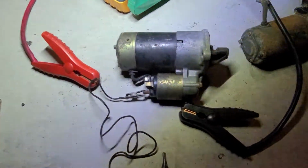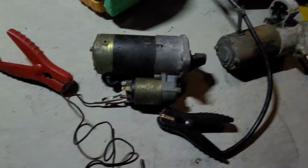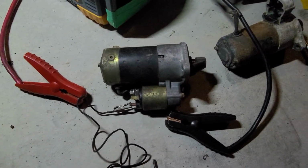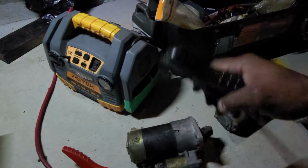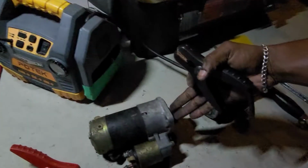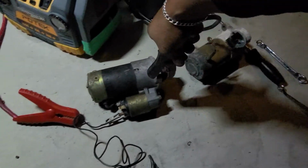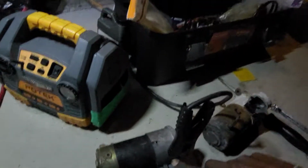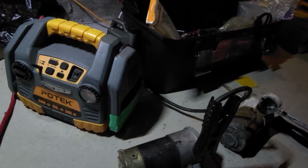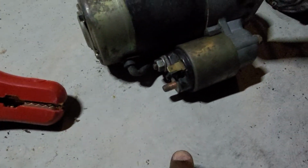But this is how I'm gonna test it. Let's see here. Put my light there. So what you want to do is ground. So we're just gonna simulate, this is the engine, pretty much the engine side of the car. It's gonna be grounded. So that's what we're gonna do there. We're gonna have our ground here, and here, this post is mostly